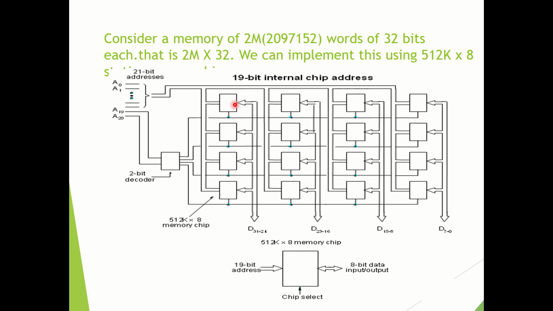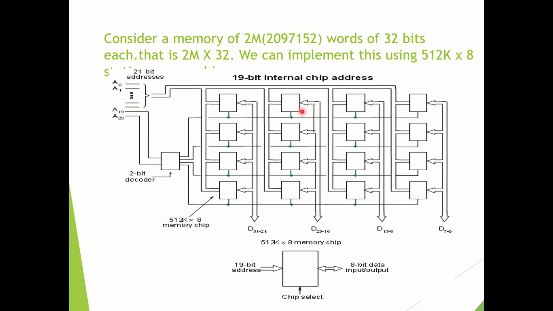The first chip will output 8 bits, the second chip will output the next 8 bits, the third chip will give the next 8 bits, and the fourth chip, if it is a read operation, also gives the next 8 bits. So a total of 32 bits will be given by all the columns of the selected row. So this is the design of a single chip row.